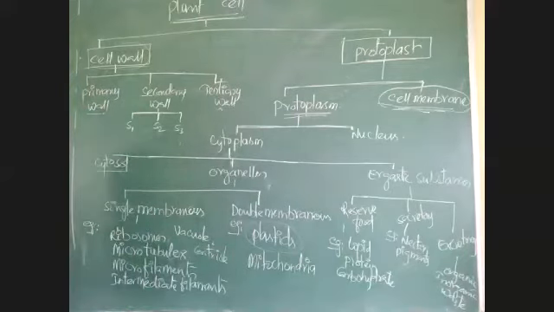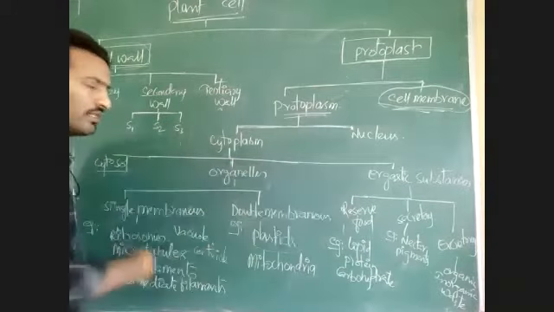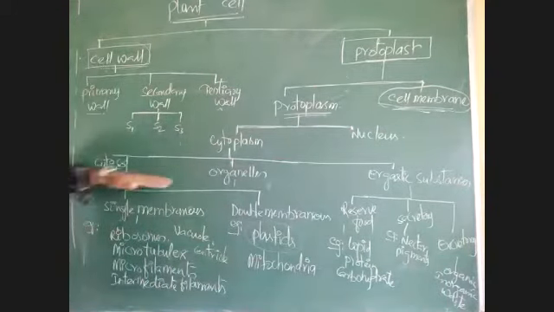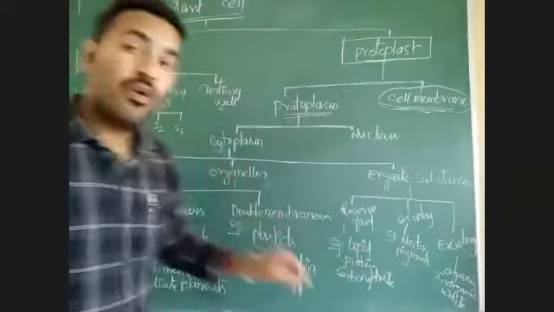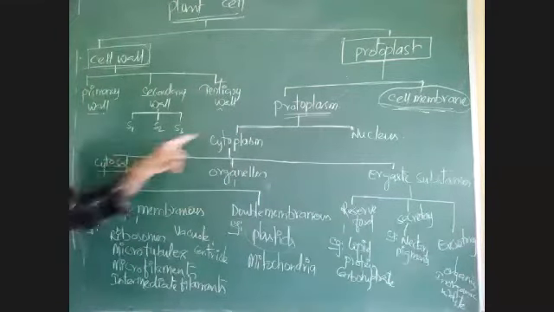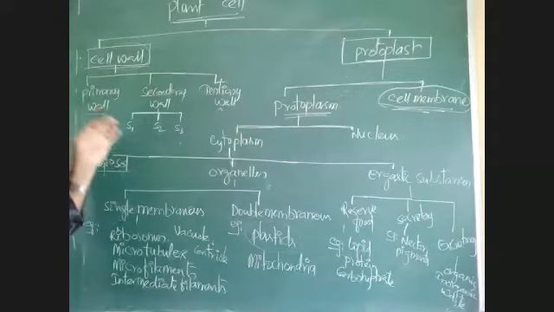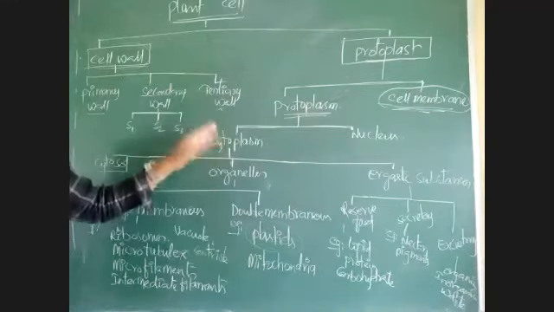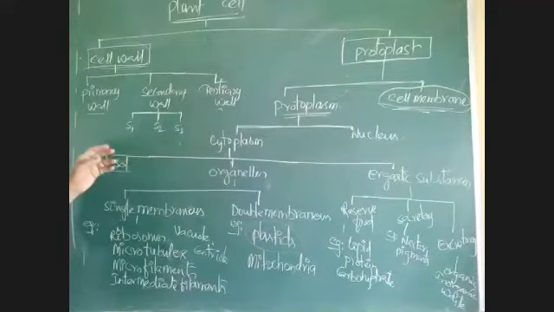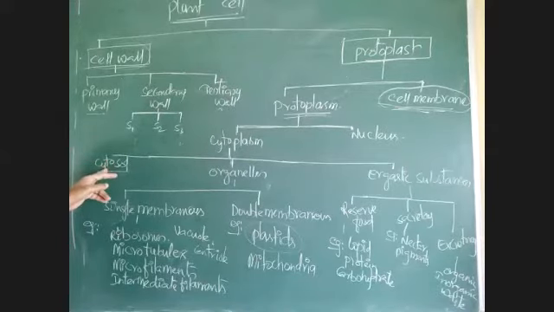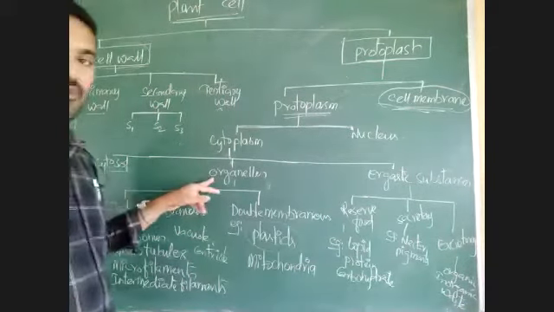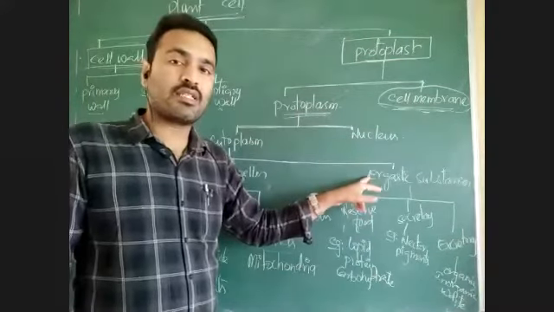And this cytoplasm is again divided into cytosol. Cytosol means simply the water which is present inside a cell, except all these chemicals and organelles. Cytosol is nothing but the matrix of the cytoplasm, the central liquid or fluid portion. Along with cytosol, the cytoplasm has some chemical substances which are called ergastic substances